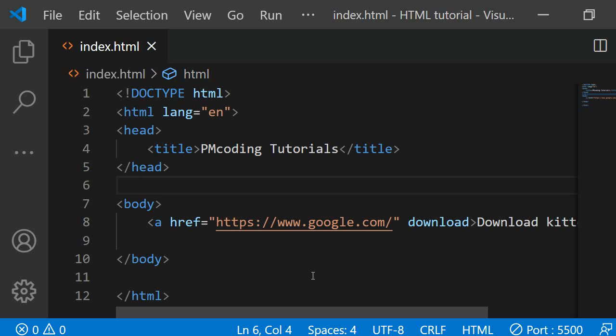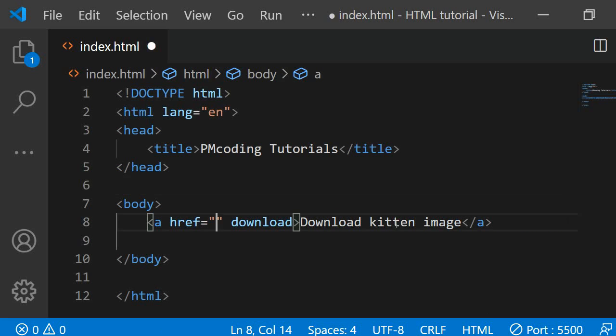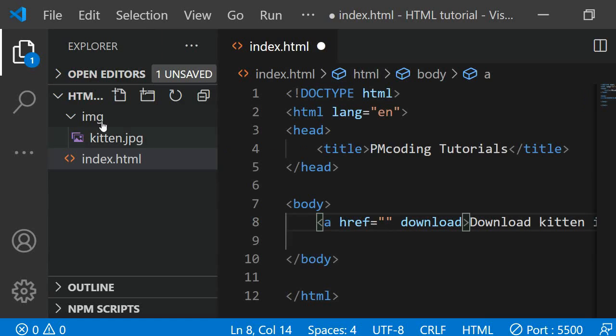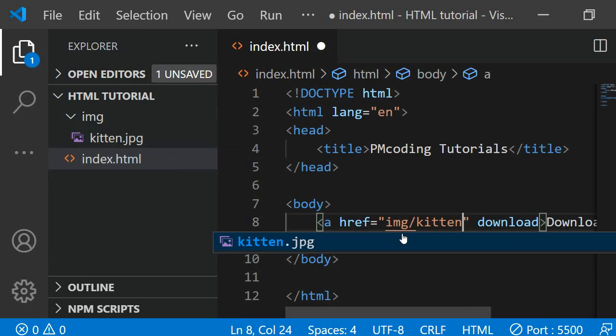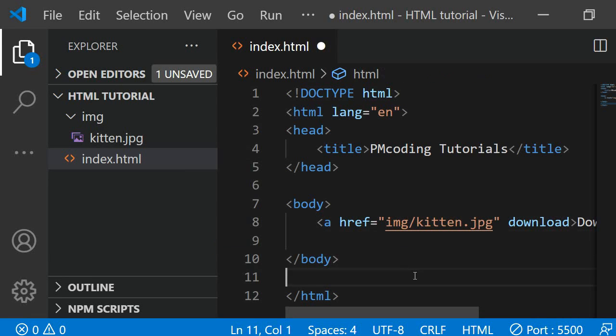So for example, if I have a website and my files are on the server, the file that I want to download needs to be in the same location. I cannot direct the user to download a file from a different site. I will also change the URL to a file that is in my directory. So if I expand this, you can see I have a folder called img and within it I have a kitten.jpg image. This is what I want the user to download, so I will specify the file path to it